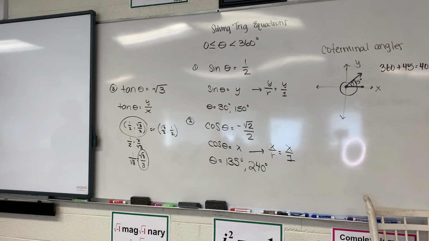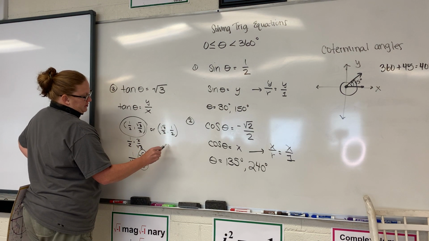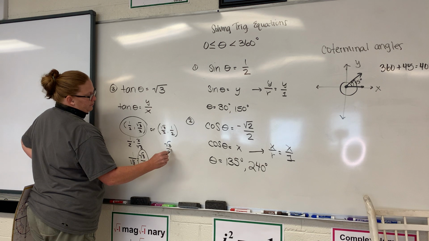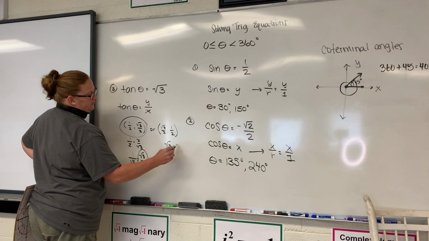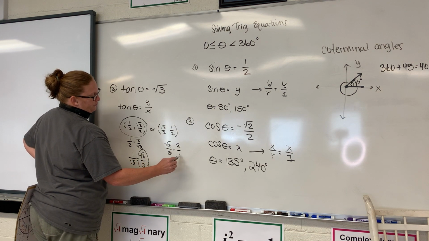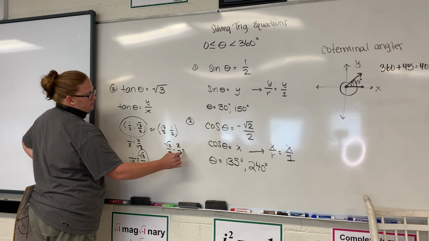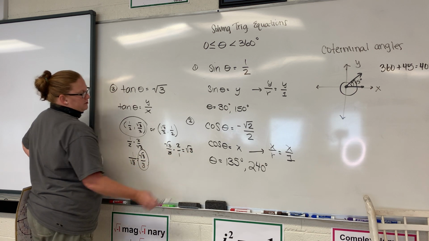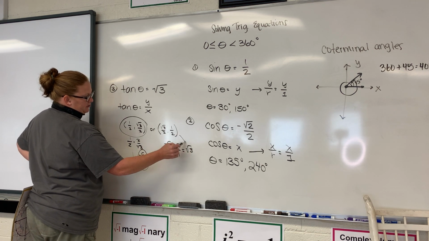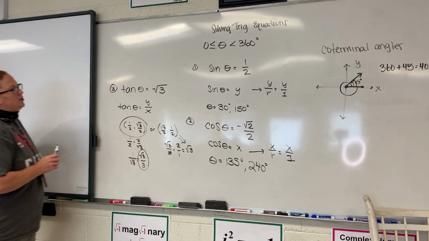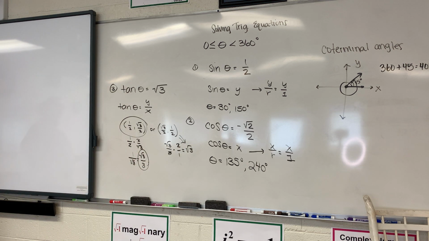Put that in your memory bank, and it'll make things a little faster. So what is this one for tangent? Square root of 3 over 2 times flip, those cancel. So this is going to be associated with that. So when I'm given tangent of theta,